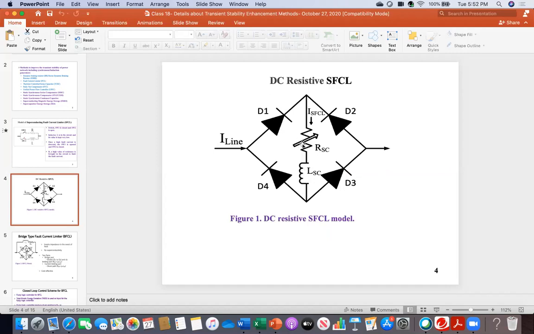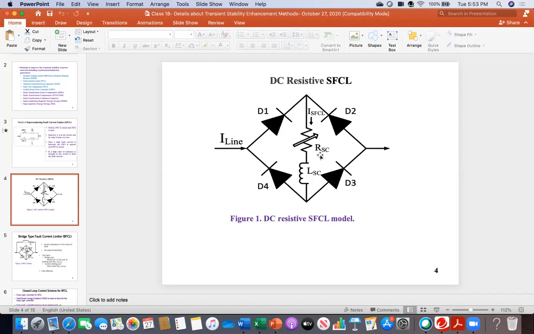Now that resistance, again, as I said, this is the DC resistive SFCL model. This resistance is not realistic. Really, when there is a high fault current, automatically this inductor will convert into resistance. Here in the simulation model it is in series and it is shown with that variable sign. So for example, in the normal condition, current is flowing through this diode D1, it is converted into DC because the diode makes it unidirectional, and that unidirectional current is flowing here. At the beginning, of course, RSC is 0